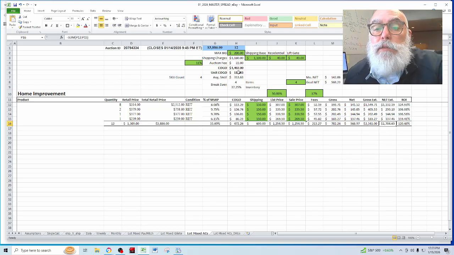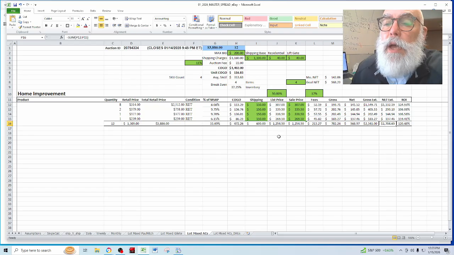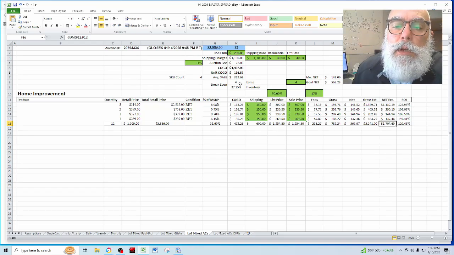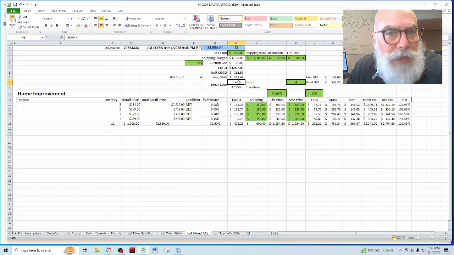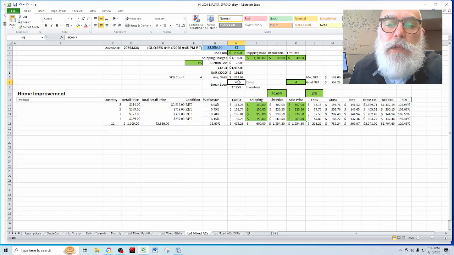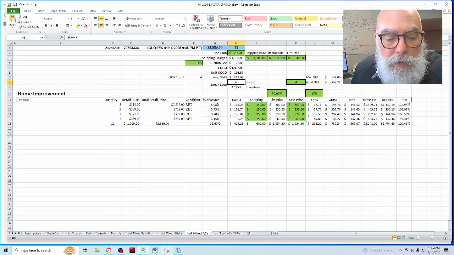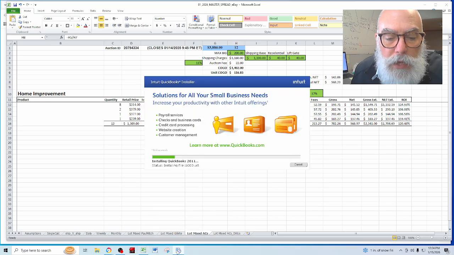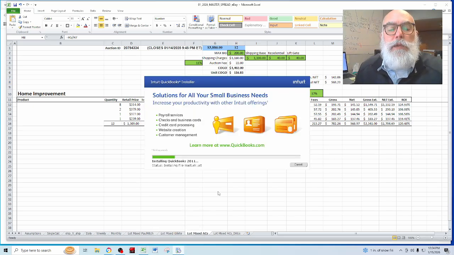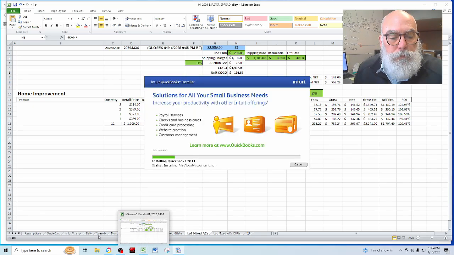That's net. So, hey, but how long is it going to take me to realize that? And most importantly, how long is it going to take me to sell the break-even units, right? How long is it going to take for me to sell 4? So in any event, that is that. But I believe that with QuickBooks, I will be able to